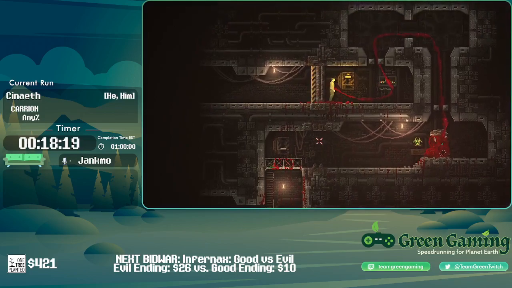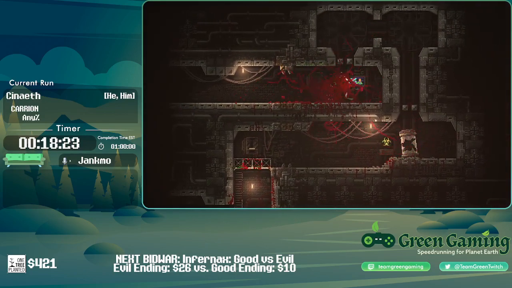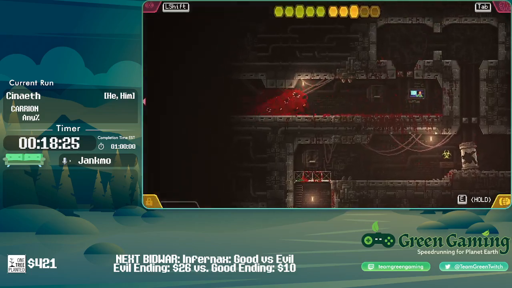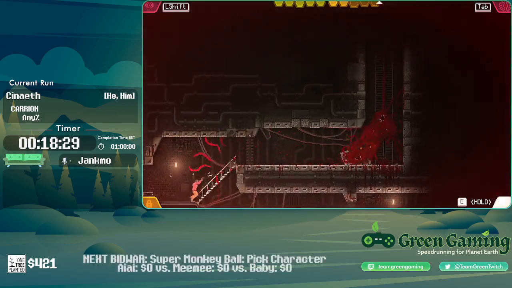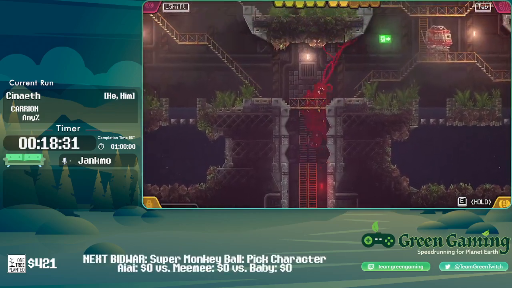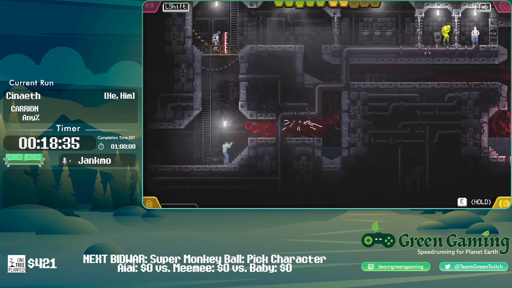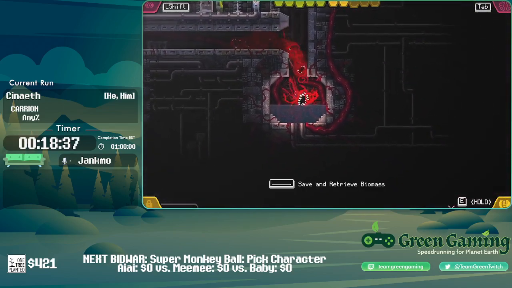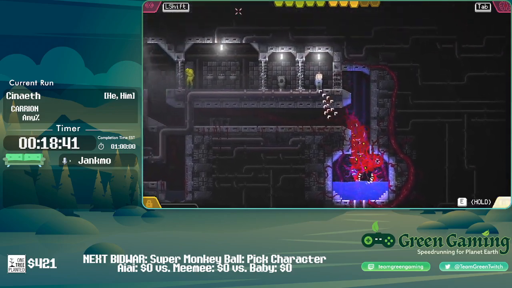Alright, so we got Parasitism, which is the most overpowered ability in the game. It lets you take control of any human in the room, as long as you can reach them with your tentacle. We're going to hit the save point first, because we're at really low life, and I don't want to try this on...